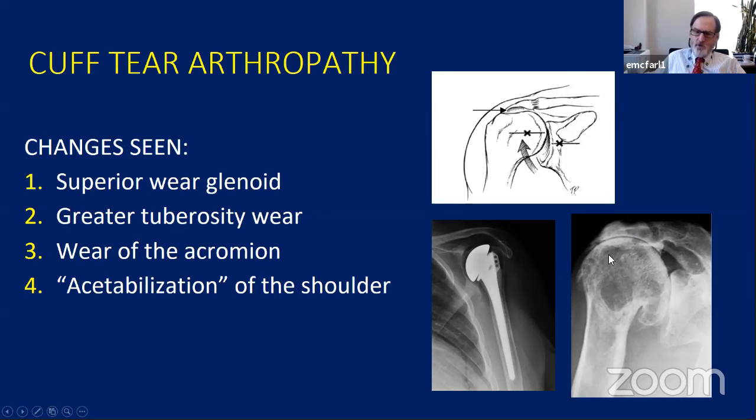The other thing that's very characteristic of this is that in these patients the greater tuberosity just eventually gets worn down, so that the humeral head, we call it an ice cream cone deformity, gets round, almost completely round. This is important later because when you go to cut the humeral head off, there are really no landmarks for where to make the appropriate cut, because the tuberosity is gone. So this is sort of end stage rotator cuff tear arthropathy, which is one of the areas where reverses have really revolutionized how we treat shoulders.